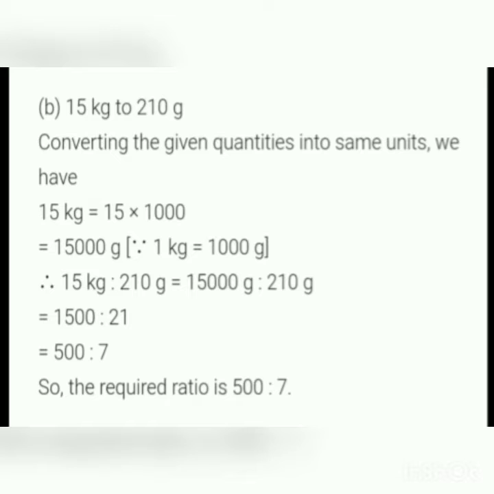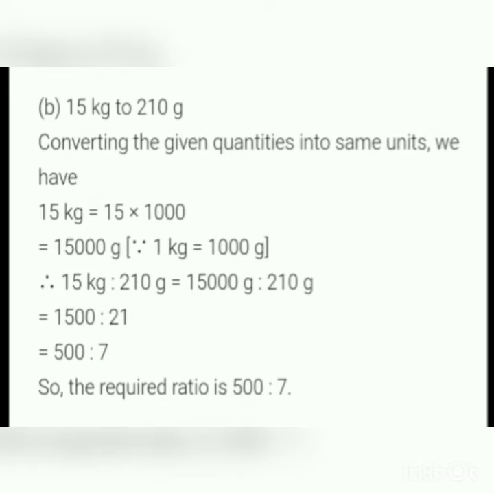Now we can find the ratio. Ratio means we write it as a fraction and make it into the simplest form. In 15,000 and 210, one 0 is common. So cancelling, you will get 1500 is to 21. Now the common factor in both is 3. Dividing 1500 by 3 we get 500, and 21 divided by 3 you get 7. Further we cannot simplify this because 500 and 7 do not have any common factor, so it cannot be reduced further.